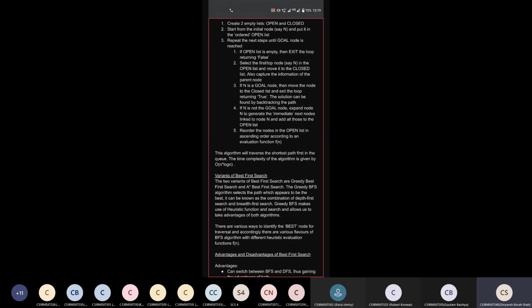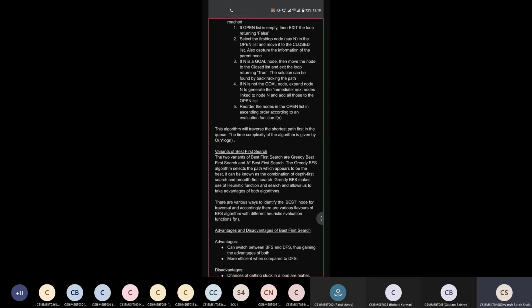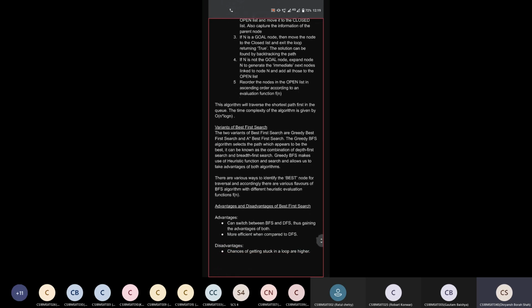The first best first search. The two variants of best first search are greedy first search and A star best first search. The greedy BFS algorithm selects the path which appears to be the best. It can be known as the combination of depth first search and breadth first search. Greedy BFS makes